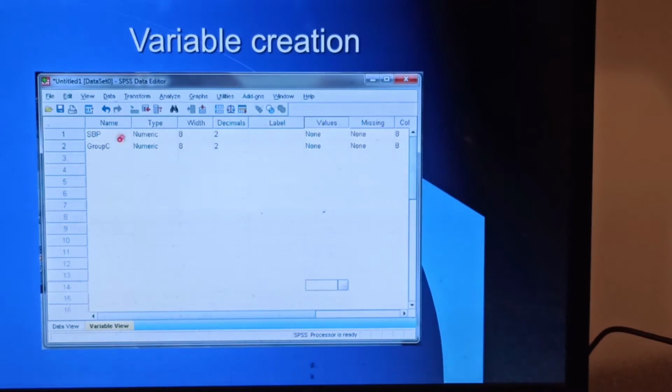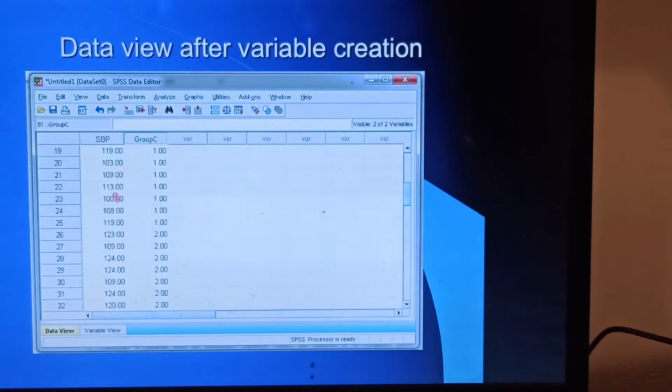So I create two variables here, SBP one variable numeric, and this is the variable view. And now we come to data view. So the data will look like this for SBP. And if you see group identifier, up to here 1, they belong to diabetic group. From here onwards they are control group.